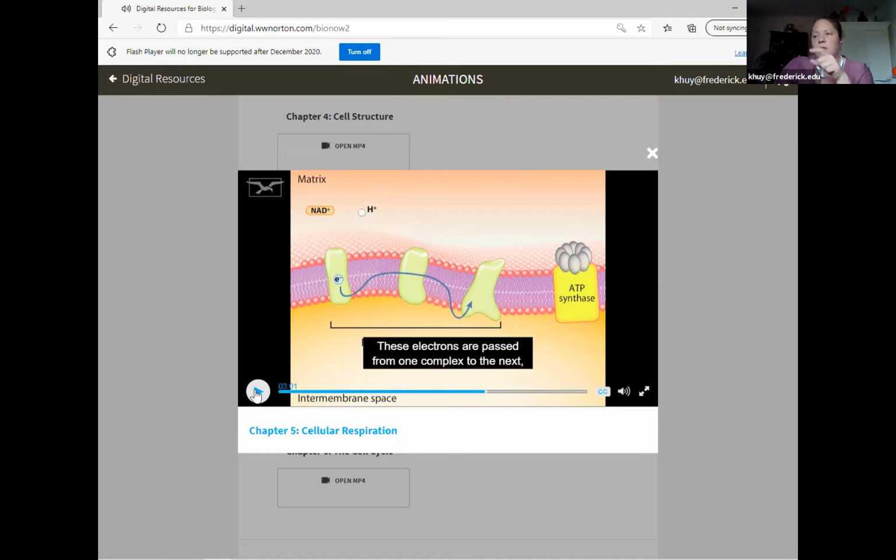Okay, I'm going to stop it there for just 1 minute. So this ATP synthase, this is where the enzyme becomes important. Anytime you see this -ase ending, it's usually going to be an enzyme. And when you see something like glucose, fructose, sucrose, that's going to be a sugar. So let this ending help you to determine that we're talking about an enzyme. That's the enzyme that's helping the ATP move in and out of the